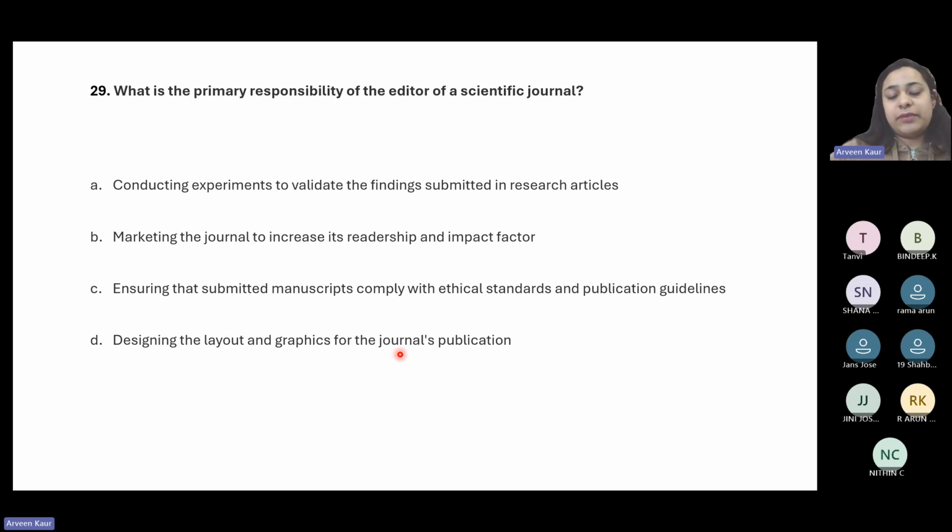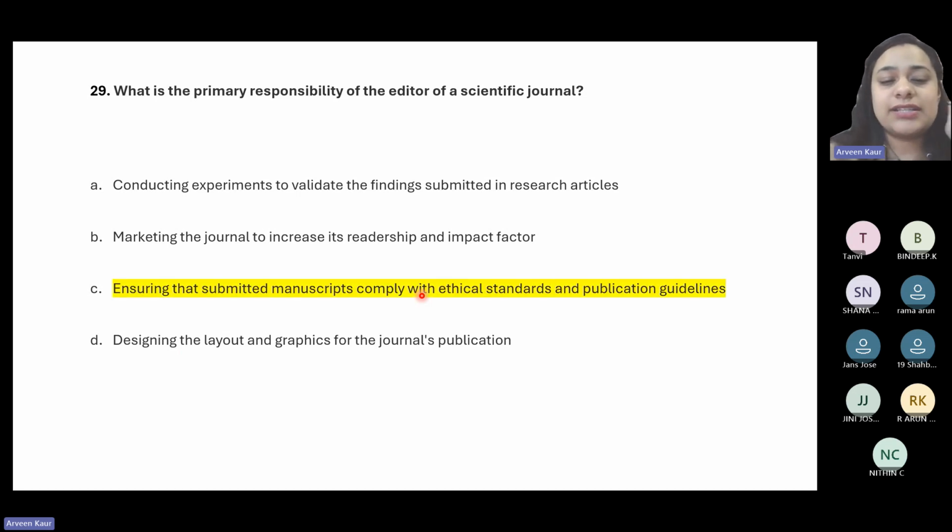Right? Maybe all of them might be responsibilities. Maybe a few might be that person's responsibility. But which one do you think is the most important responsibility of the editor of a scientific journal? Right? So, the most important responsibility out of the ones listed over here, the primary responsibility of the editor of a scientific journal, should actually be to ensure that submitted manuscripts comply with ethical standards and publication guidelines, right? So, for instance, the authors have